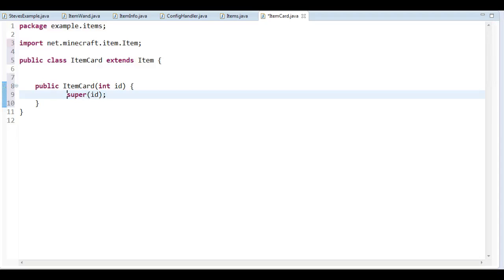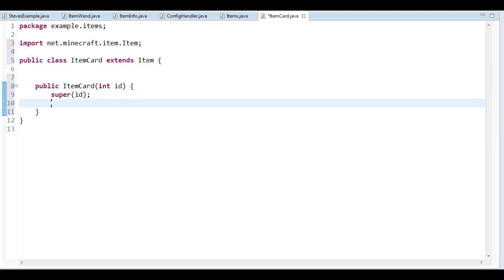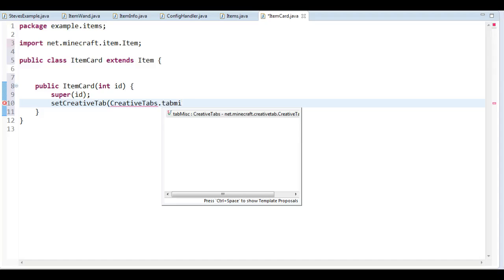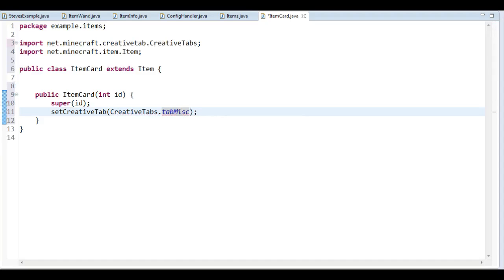And the last time we set the unlocalized name, we well, what did we do? We set the max stack size, and we set which creative tab to use. The only one of those we want to have is the creative tab. And which tab am I going to use this time? Well, I think that miscellaneous makes perfect sense this time for these cards. So we set which tab we want them to be in. Of course, if you create your own tab, you can refer to that one instead,